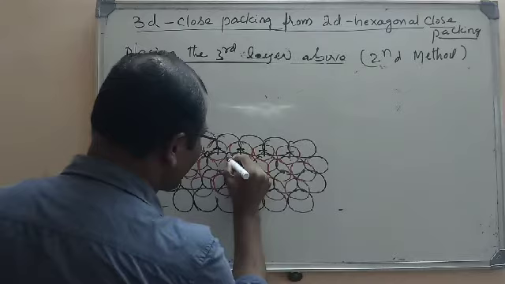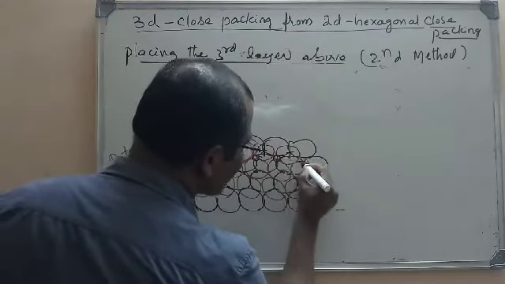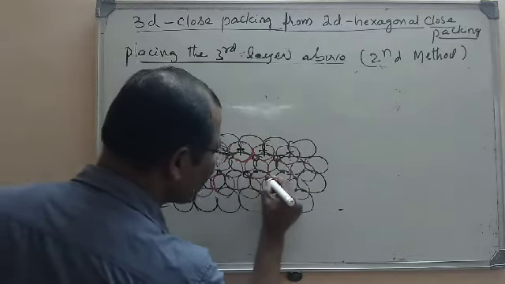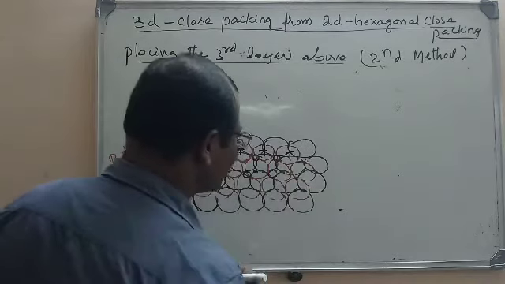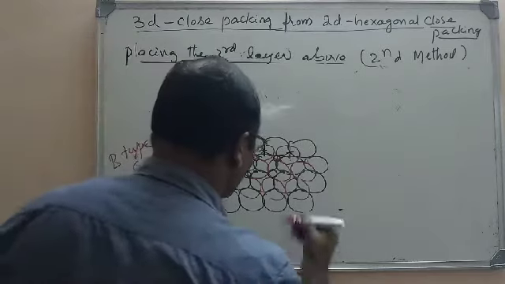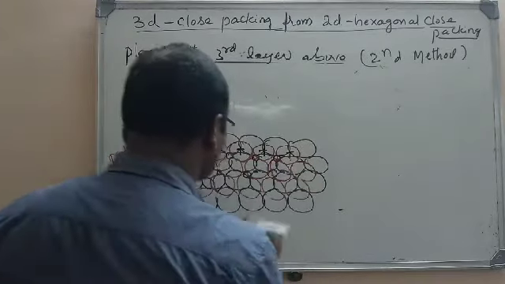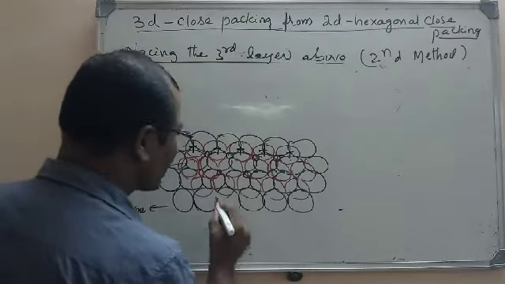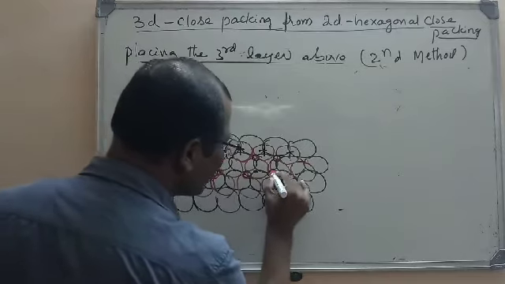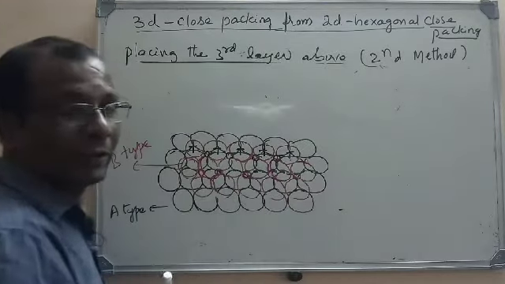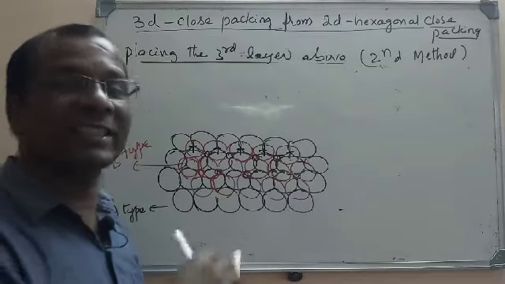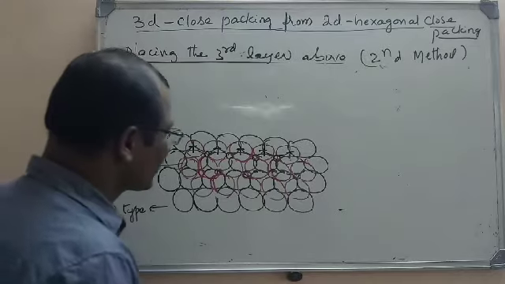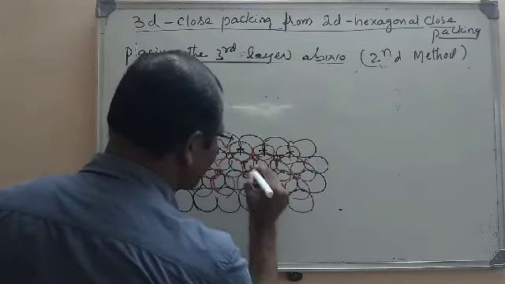So this is an octahedral void here. Octahedral void means that it is surrounded by how many spheres? That is surrounded by the 6 spheres in contact with it. So this is an octahedral void here. So O for octahedral void, and T for tetrahedral void. Wherever an octahedral void is there, there will be 6 spheres, 3 from one layer and 3 from the upper layer. Wherever there is a tetrahedral void, we have only 4 spheres.